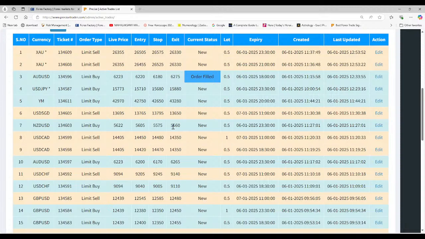Okay, and also take note that your expiry time and your lot size plays a very important role, because sometimes we don't want to miss the trade. We'll try to go half lot. And when the market is in our favor or the best entry, we will try to go one lot. So this is something you have to pay attention and follow.